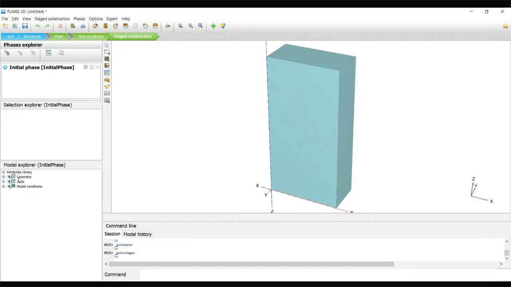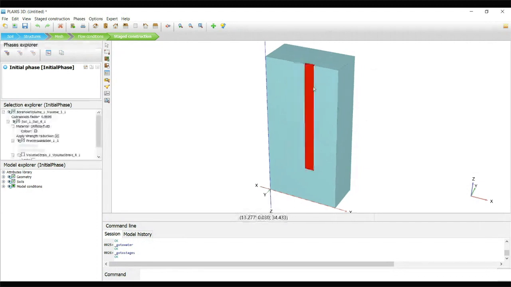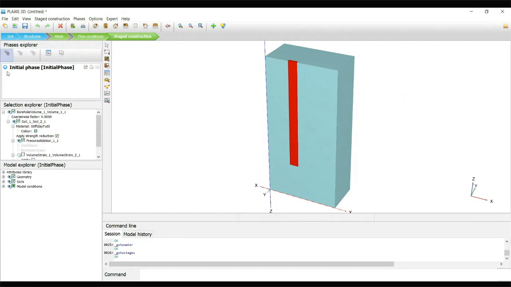You need to check whether any other structural element is active or not. We have activated only the soil, because even though we generated 3 segments, we did not assign concrete properties. It's still soil, so we can keep the same thing. Now we are going to add different phases.